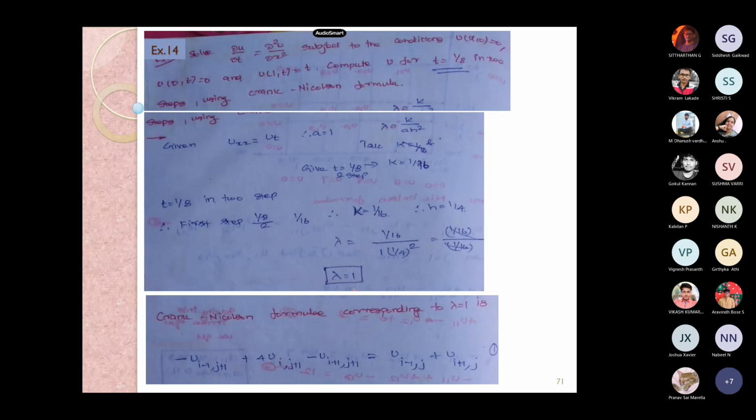If lambda is equal to 1, then what should be the h value? That is a reverse process, and we need to find the appropriate h which will return lambda equal to 1. If k is equal to 1 by 16 and a is equal to 1, which h would return lambda as 1? That is what we need to think about.